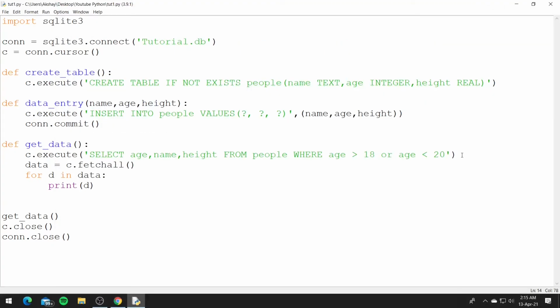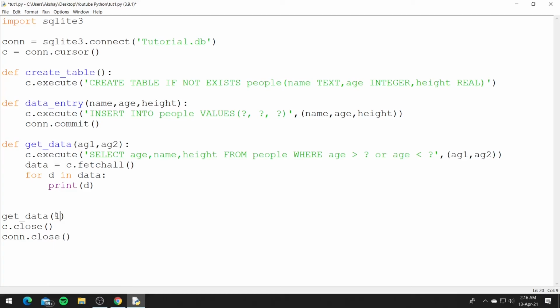So now let's say you want the user to specify the conditions. So we can replace these numbers with a question mark. And then outside the string, you can use round brackets, and inside those round brackets, let's say we pass age 1 and age 2. And let's also define these as parameters in the function.